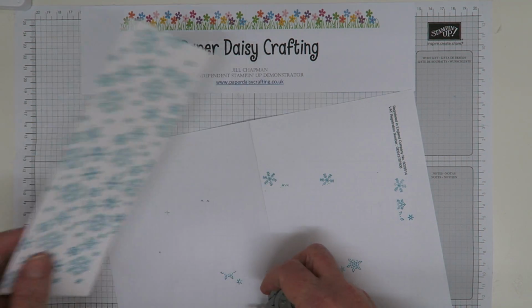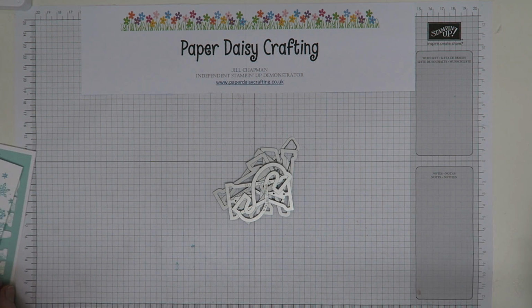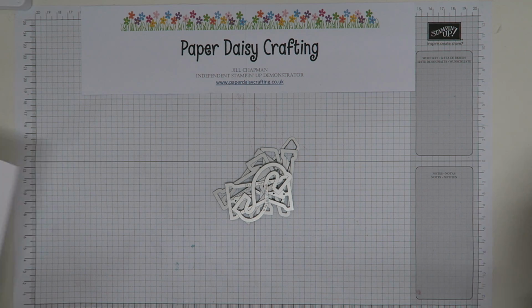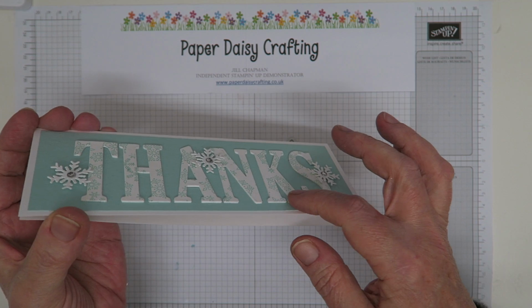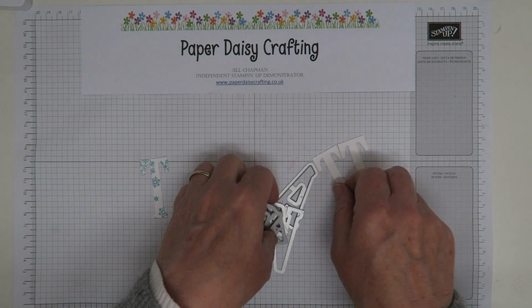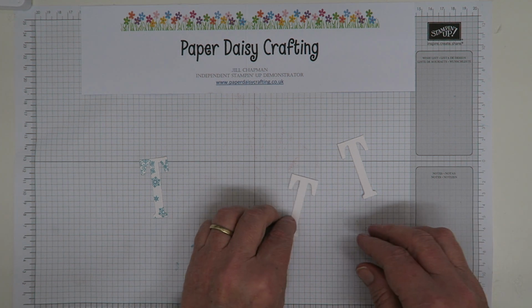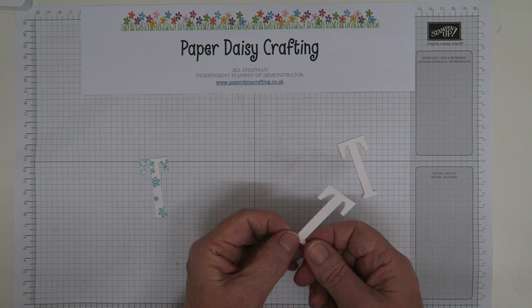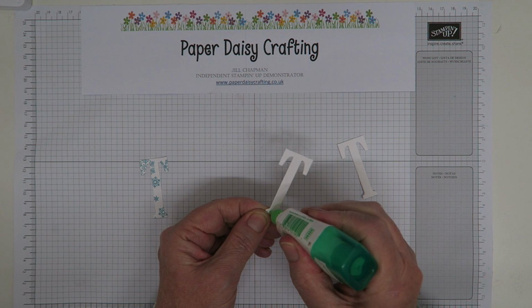Now what I also did was I triple layered mine because I didn't want them to be too flimsy on my cards. I don't know if you can see properly, but they are quite thick layered, these letters. So how I did that was I took the die cut T and 2 others, so I cut out 2 more from just plain thick Whisper White. I used thick cardstock for this, and then I just glued, see if we can get my Tombow to work,